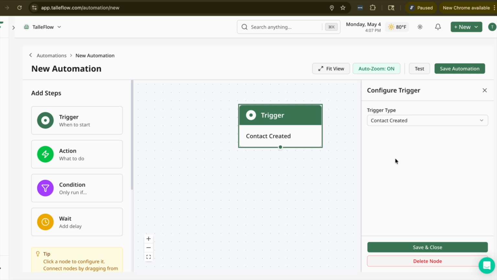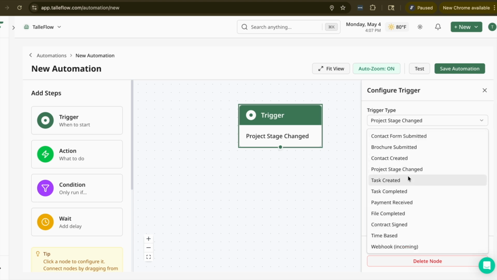Contact created fires when you manually create a contact. If the project stage is changed, like for example, if the project stage was in the stage of in planning and then it changes to a review, you can have a trigger for that. Then there's also task created, task completed. Those are pretty self-explanatory. A payment received. So if you receive a payment either through an invoice or through online direct checkout,